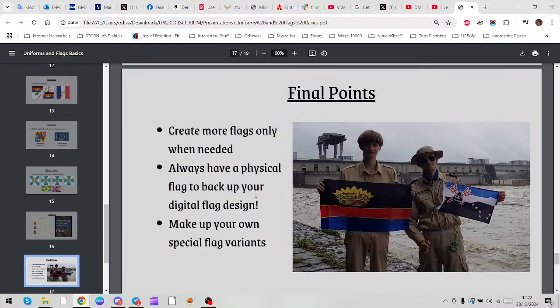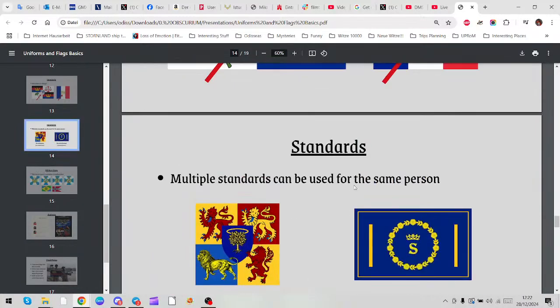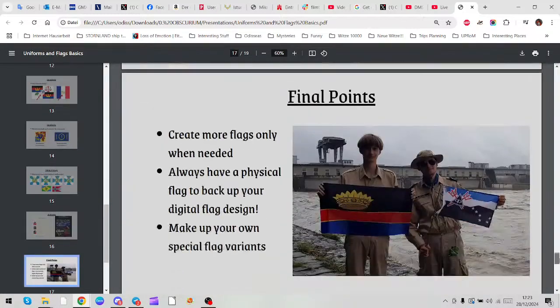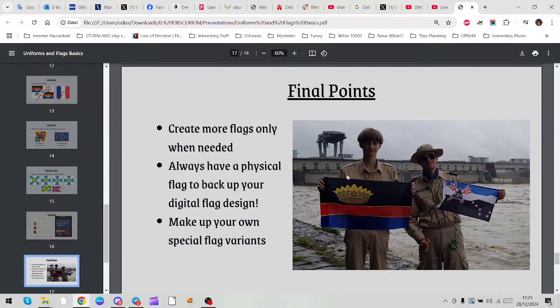And lastly, make up your own special flag variants. I gave you a lot of examples: military flags, standards, naval flags, merchant flags, state flags. But you can make your own special flag variants. You can make a flag for whatever. For the smallest thing, if you feel it's necessary, you can make a flag for anything. Heck, you see that in the picture, you see the dam in the back. You can make a flag for the dam